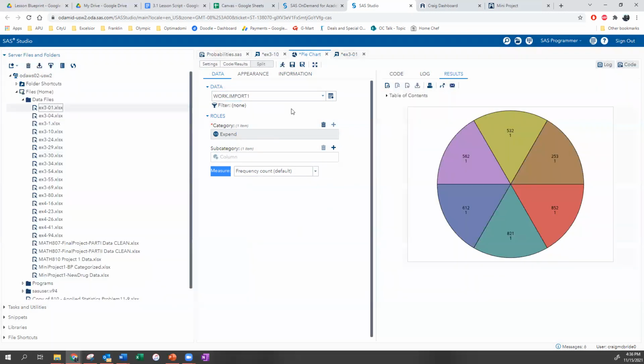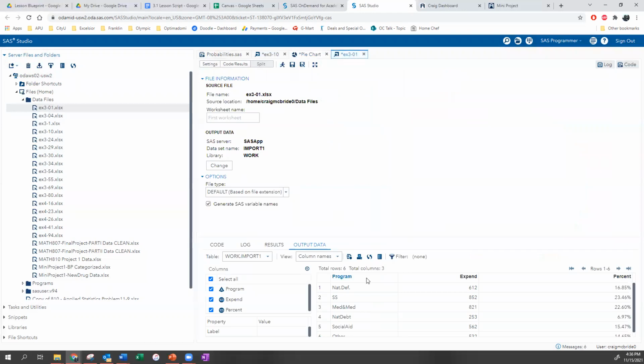And I run a pie chart on that. Look what happens. Well, that's not right. The reason why this is wrong is because in the data set, each one of your expenditures, right? So here's the expenditure variable. It just has one number that shows up once, right? Because it corresponds to, okay, national defense spent this much, Social Security spent this much, and so on and so forth.